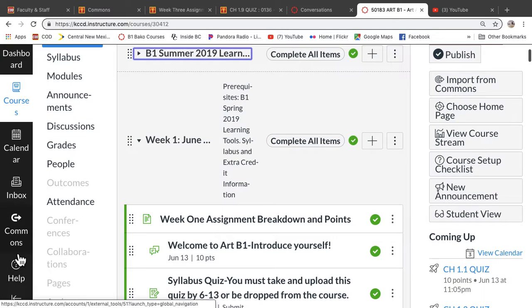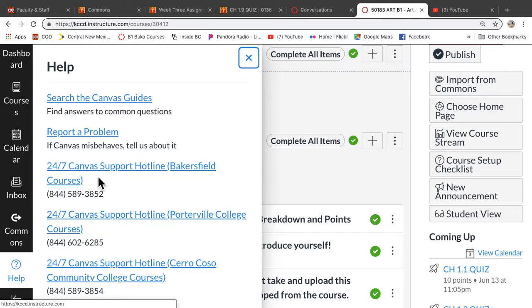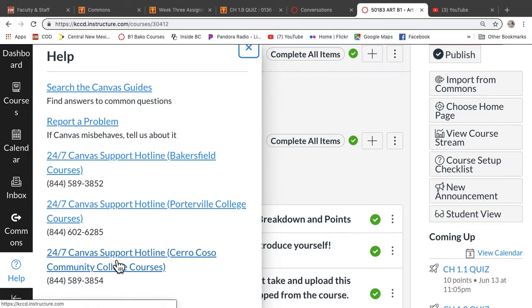Commons, you don't need help. This is where all the help is going to be for you for the technical support. Okay, so there's a support hotline for Canvas. You can call 24 hours a day, 7 days a week. Get a case number if you're having some kind of an issue, and send the case number to me. Usually, I will get an email, sometimes not right away, they lag a little bit, but I will get an email with that same case number.